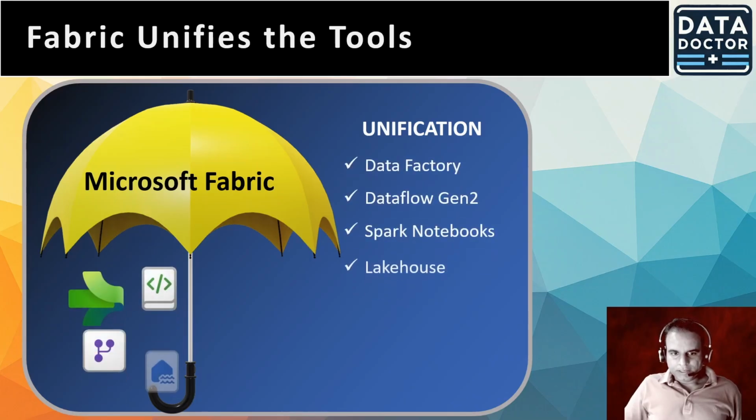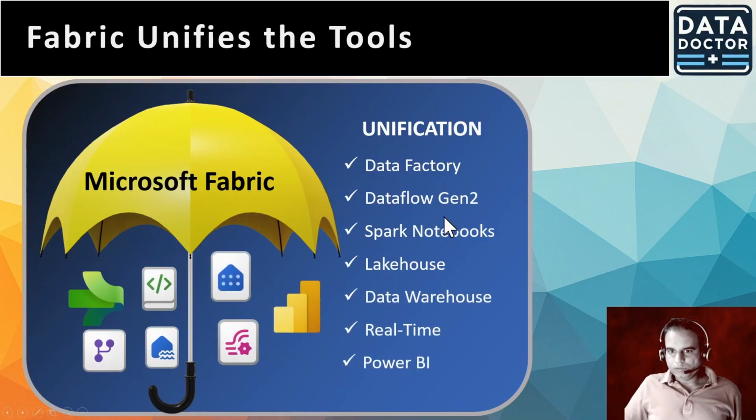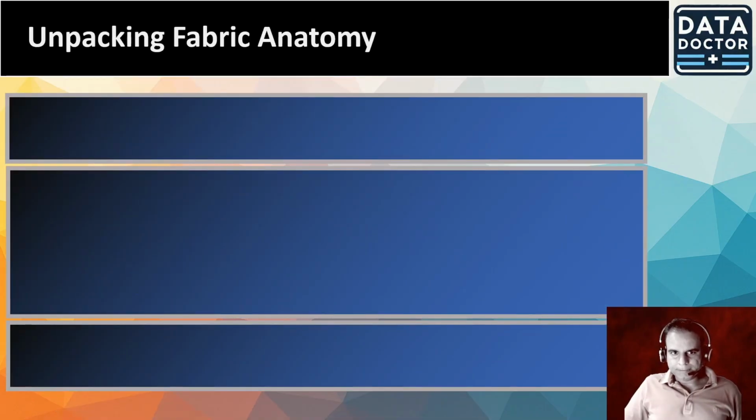They are combined and unified. So this means Data Factory, Dataflow Gen2, Spark Notebooks, Lakehouses, Data Warehouse, Real-Time, and Power BI, to name a few. And if you see, all of the services which are used by different data personas are actually available here in Fabric, and this makes life much easier because of this seamless integration of the services. This is about unification, and let's see how actually these services are arranged, and let's take a deep dive into